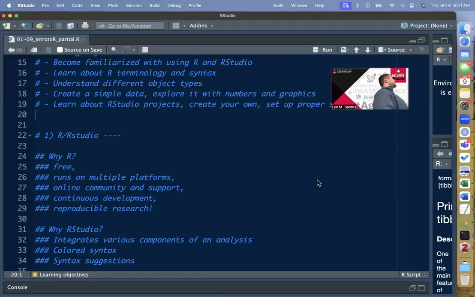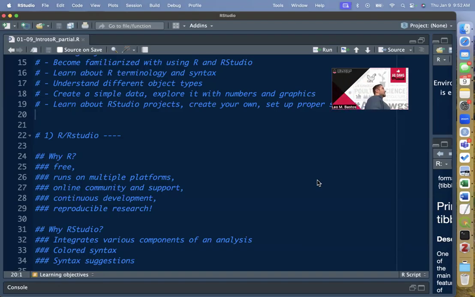Okay, so let's start talking about R in RStudio. So why use R specifically? I don't know if this is still practice in grad school anymore. I have not taken classes in a while. But at least when I was going through grad school, some people would teach using SAS, some people would teach using MATLAB, SPSS, other software, and they're all great in their own ways. But the problem is that we can use them at no cost because we're at the university, but they're really proprietary software, right? So once you graduate, guess what? You're going to have to pay for it. So one of the reasons why I like R, and of course, R is not the only language that follows this,